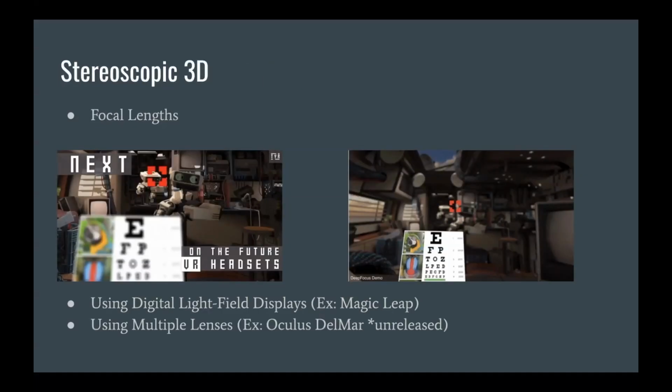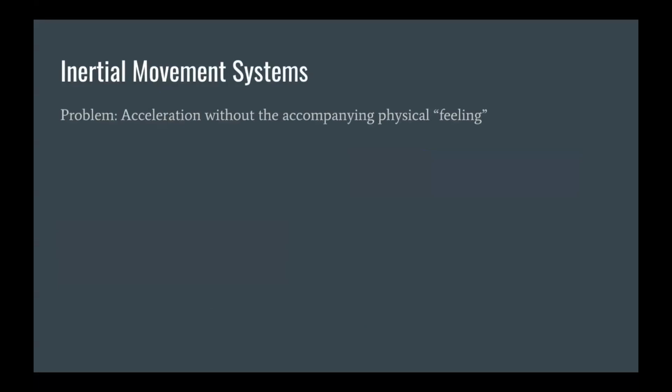Okay, that's all about stereoscopic 3D. The next thing to talk about would be inertial movement systems. Now, this is a very hard problem to solve because, as we know, the inner part of the human ear has, almost like an inbuilt gyroscope that we have in our body, and the brain processes signals from this inner ear to determine whether we are standing upright, facing sideways, tilting sideways, lying down, and so on, and also to detect whether we are accelerating, turning, changing our speed. It's a general purpose gyroscope that we have in our body,